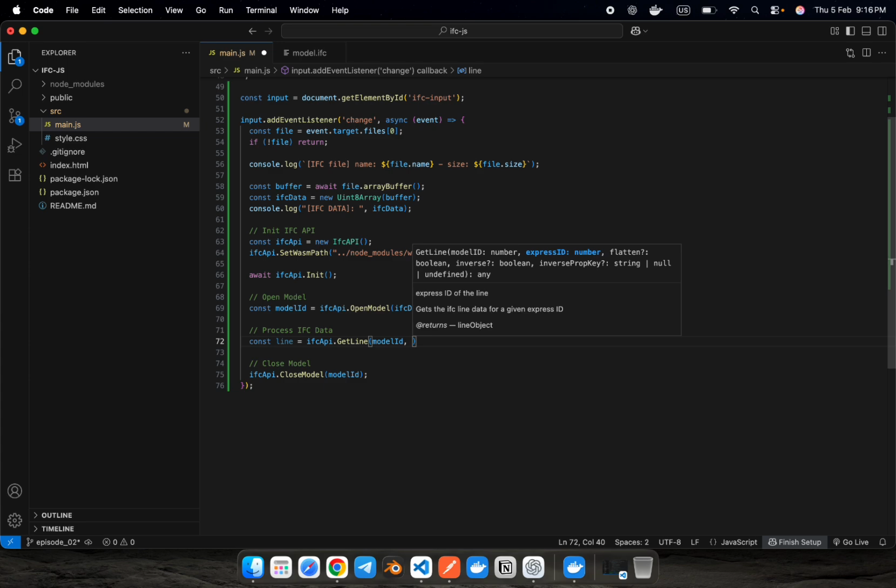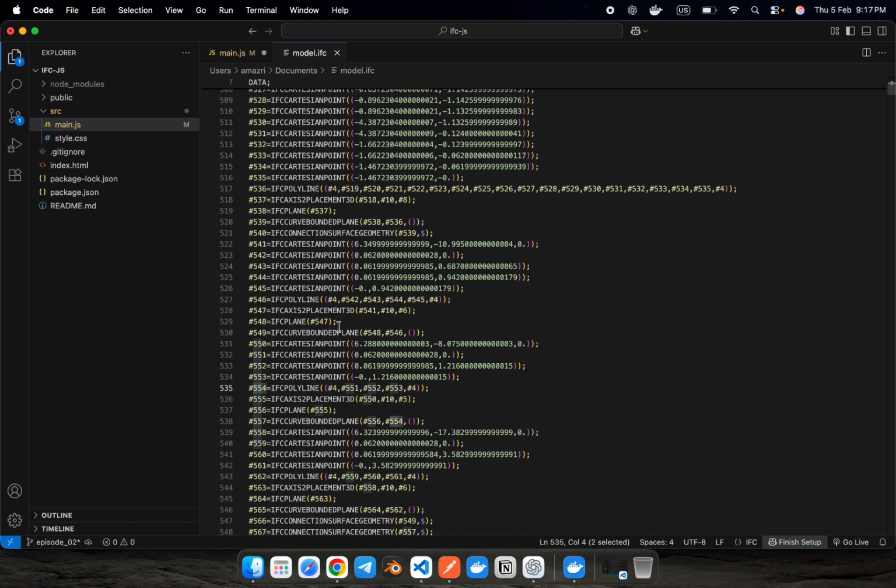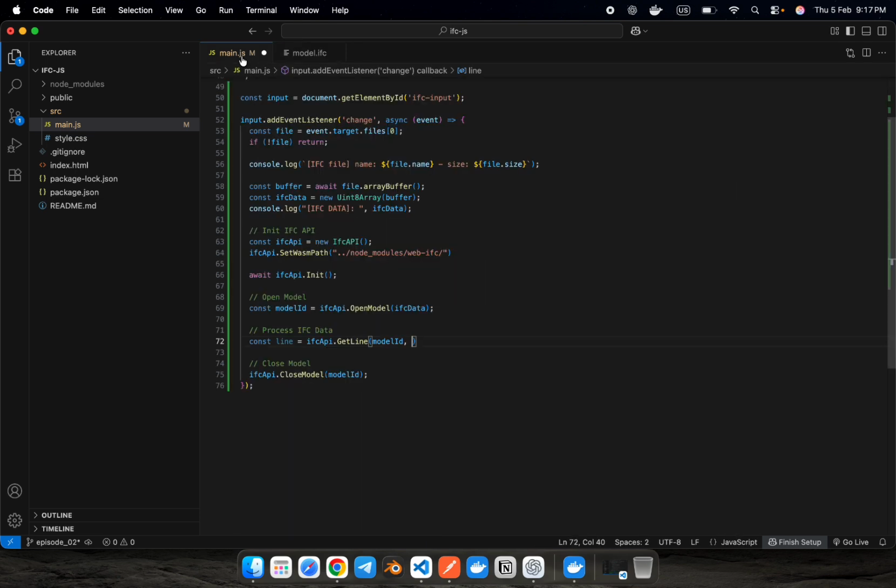The next argument is express ID, which is the ID of the lines that you can see here, the hash and a number at the beginning of each line. To get, for example, this IFC Cartesian point, which is 550, I'm going to type 550 here